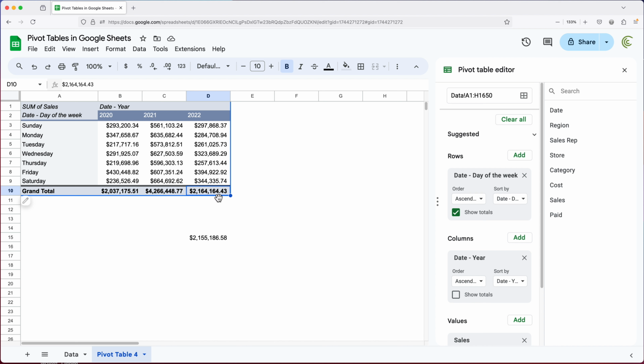Unlike something like Excel pivot tables, if you're used to Excel pivot tables, this does actually automatically update. In Excel, you have to refresh your pivot table. Here, you don't have to. It auto updates as you change your data. That being said, it will only auto update